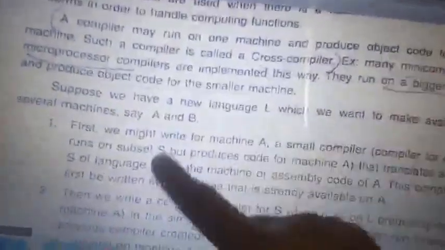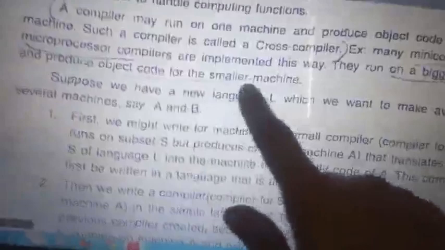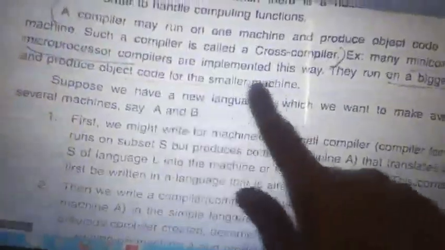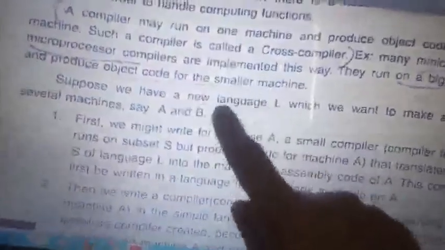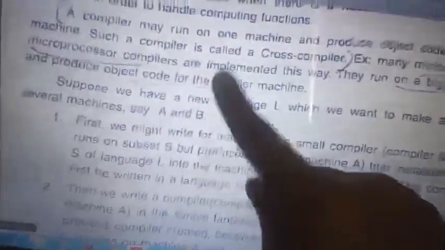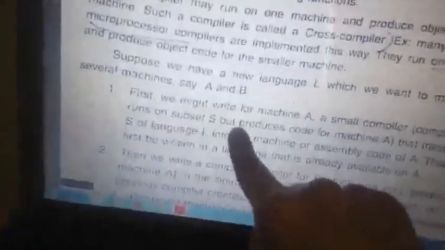First, for a machine A, we write a compiler not for the whole language, but for half of the language. That is the subset of a program.